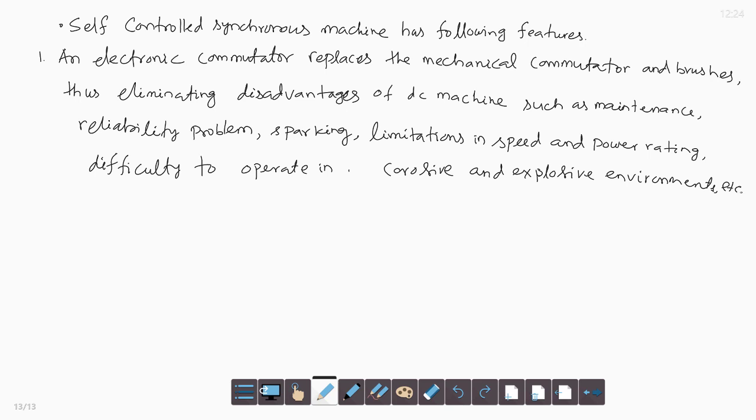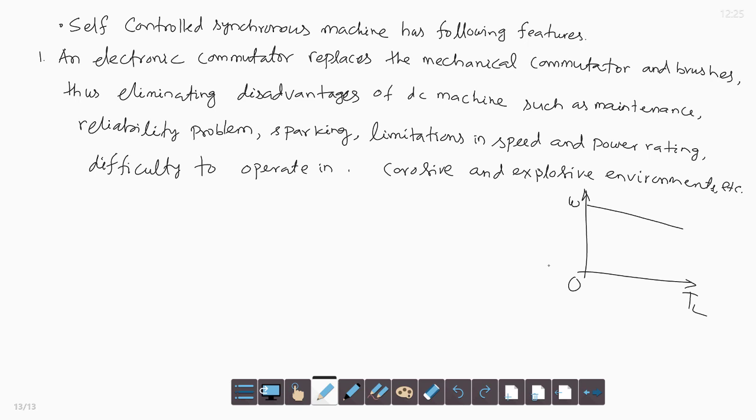In this self control mode, the rotor speed is the same as the stator MMF speed. So, it is just like DC machine characteristics. When the load increases, the speed drops. This is the load torque versus speed. As the load torque increases, the rotor speed drops due to inertia, and the frequency drops. So, it is just like DC shunt motor characteristics.